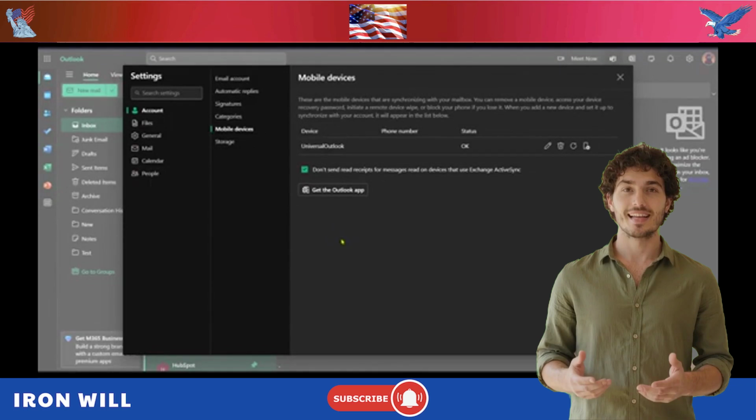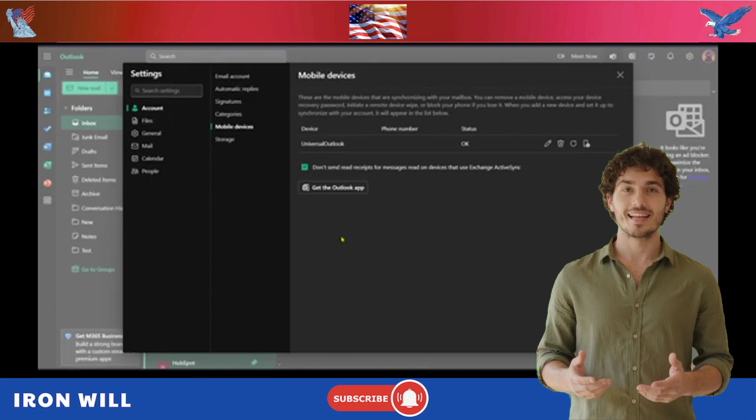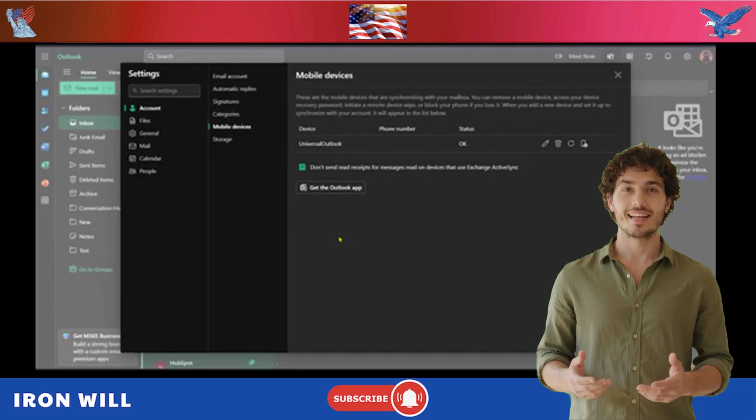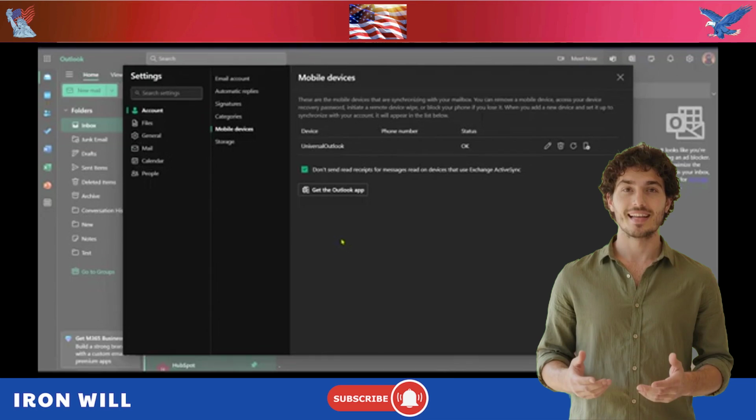After you sign in, your emails, contacts, and calendar events will sync automatically with your device. This synchronization keeps your data organized and accessible, boosting your overall productivity. That is the most effective way to link Hotmail with your iPhone or iPad. By following these steps, you now have easy access to your account directly from your mobile device, allowing you to stay